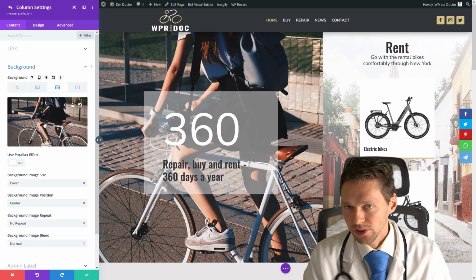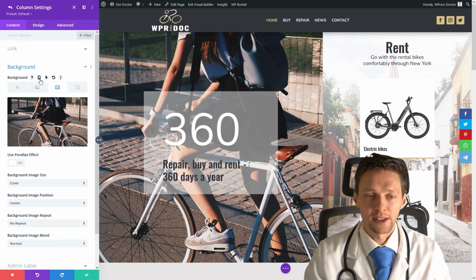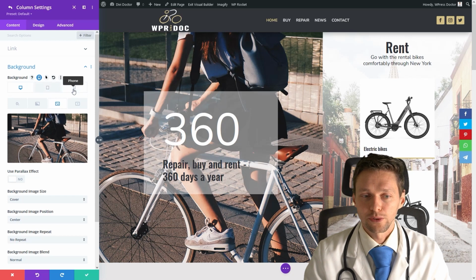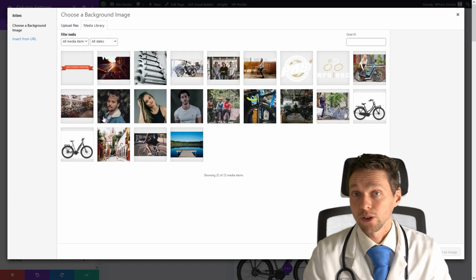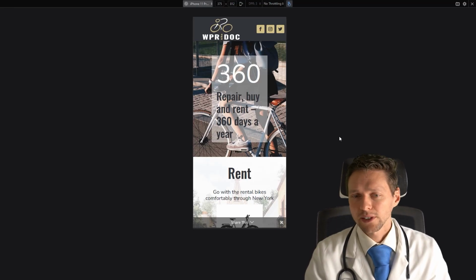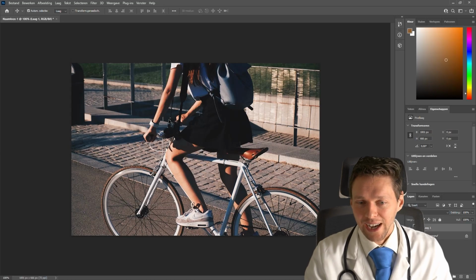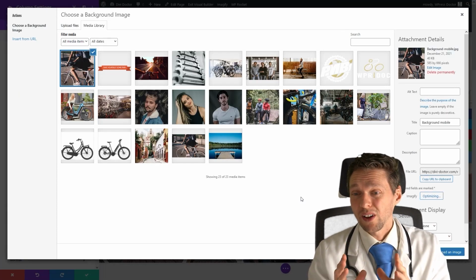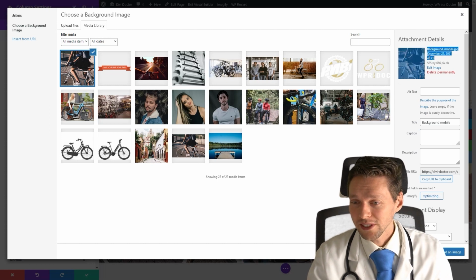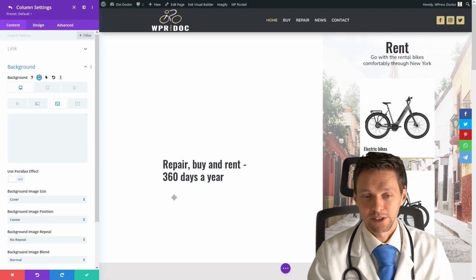Now, we can use a different image for our mobile device. So you click on this mobile option right there. We go to phone. And there we're going to select another image for our phone. On an iPhone 11, for example, this is the image that's actually being loaded. We can actually cut a lot out of this image for our mobile view. So we're going to do just that. And the new file I created is just very small, especially for mobile, and it's only 40 kilobytes. So I think that should do the trick. And let's upload the image.